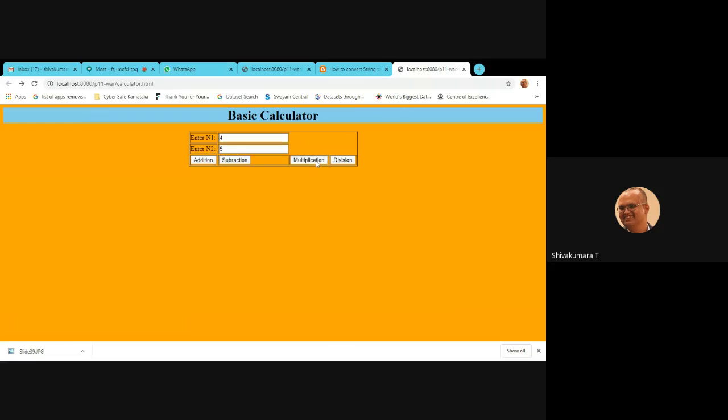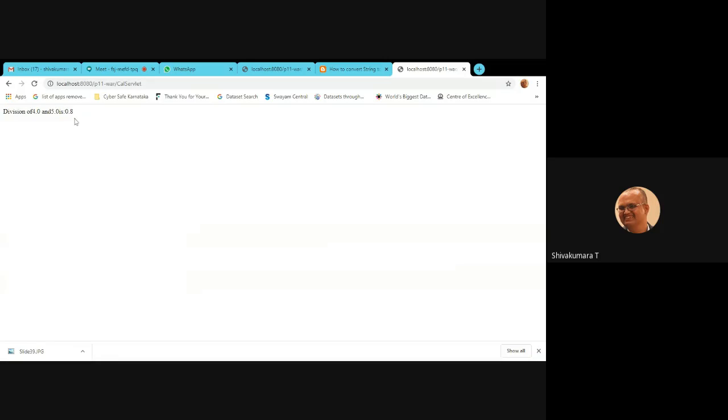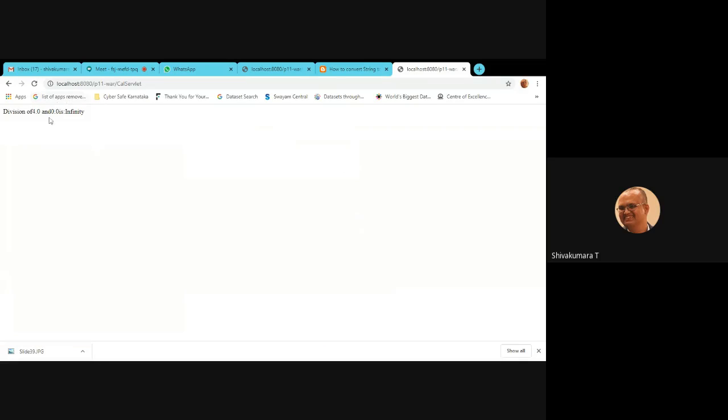Then go with multiplication, 4 and 5 is 20. Then go with division, it's 0.8. Now give n2 as 0 and go with division. Division of 4 and 0 is infinity.